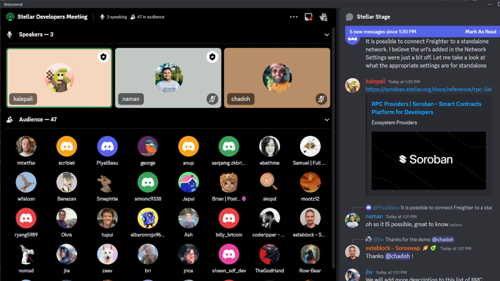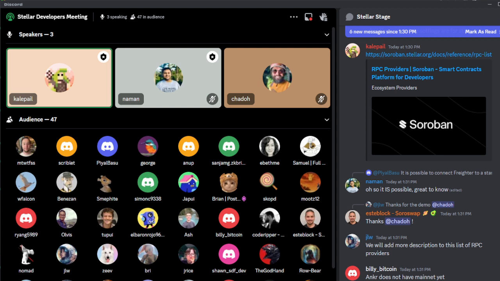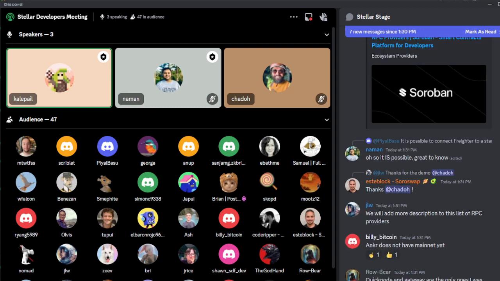But I definitely know QuickNode and Gateway do support mainnet right now, which is awesome. But I also want to note, if you want to run your own RPC endpoint rather than relying on a third party, that is also quite possible. That was the first few days of my scramble, was to figure out how to actually get a mainnet RPC